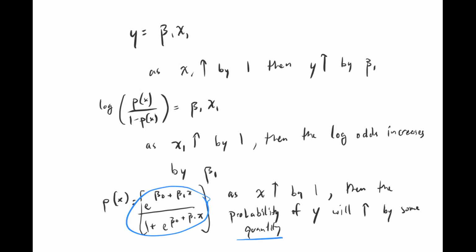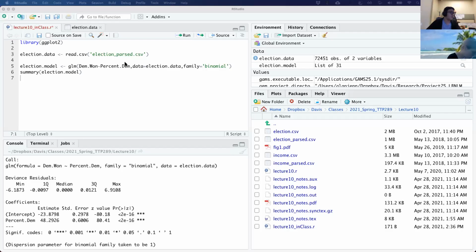Is the quantity the exponential term, like all of it? Yeah, that's right. Basically, it's actually more straightforward just to plug in an x and figure out what the probability is. So let me jump back into the R example to give a practical comparison of these two interpretations, and then I'll let you decide which one will be easier to interpret.